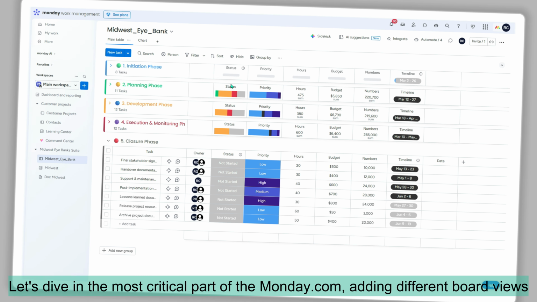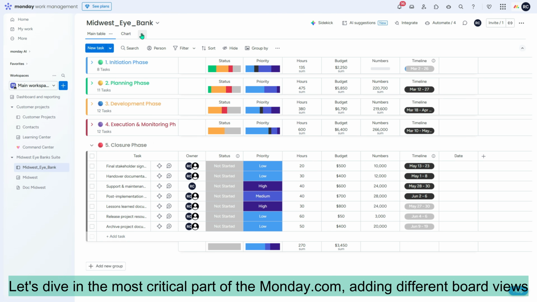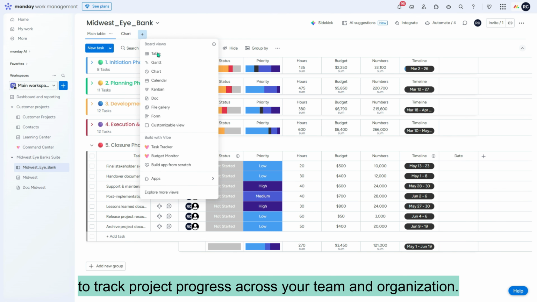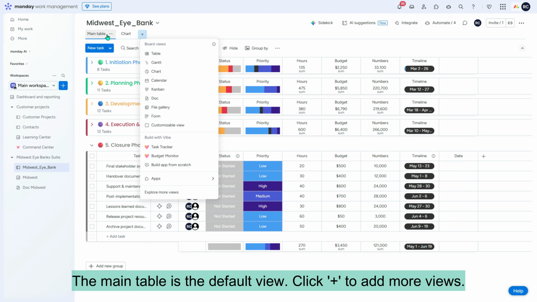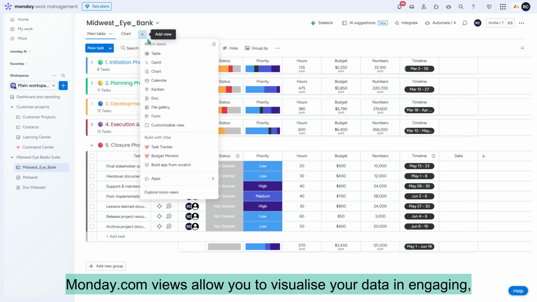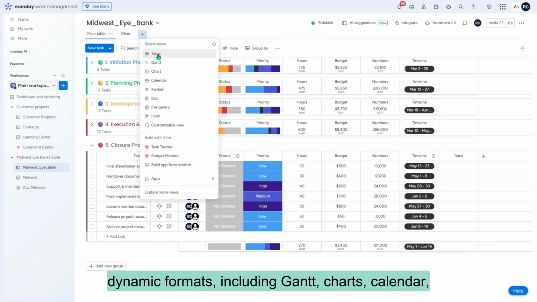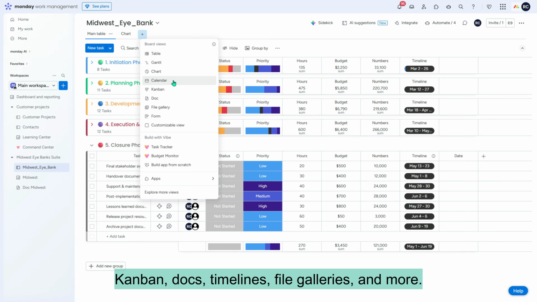Let's dive into the most critical part of Monday.com, adding different board views to track project progress across your team and organization. The main table is the default view. Click plus to add more views. Monday.com views allow you to visualize your data in engaging, dynamic formats including Gantt charts, calendar, Kanban, docs, timelines, file